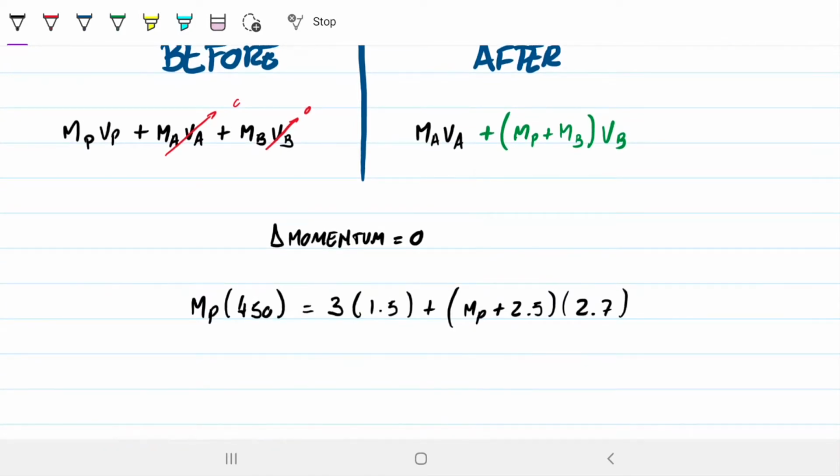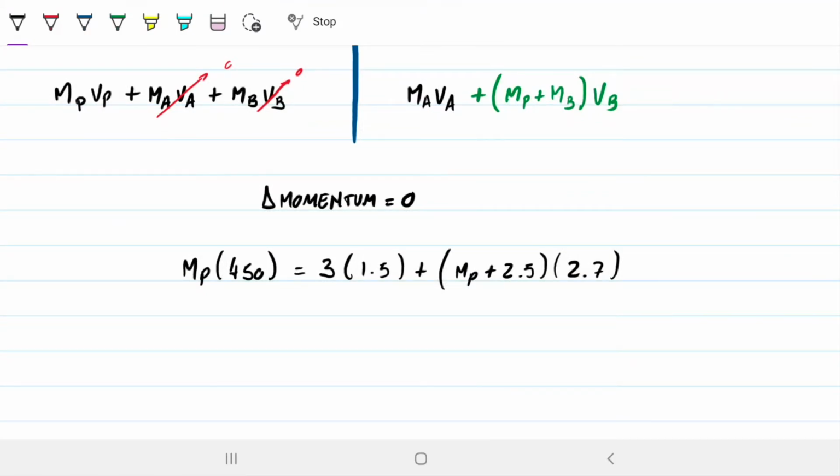Cool. So the only unknown that we have here is the mass of the projectile. What I'm going to do is subtract the 2.7 here. So I'm going to have the mass of the projectile times 447.3 has to be equal to 4.5 times whatever this is. It's going to give me